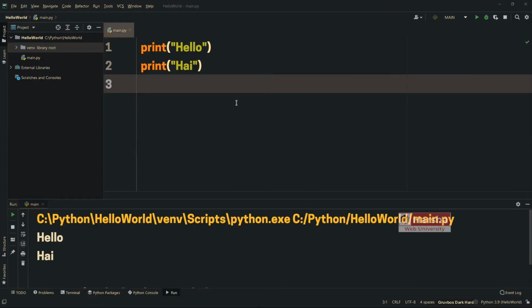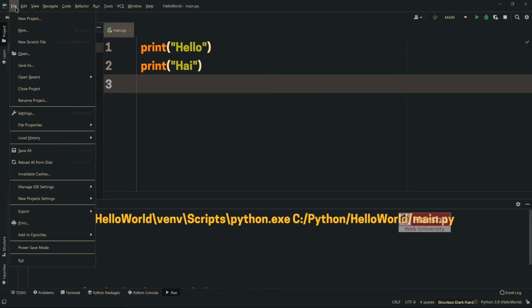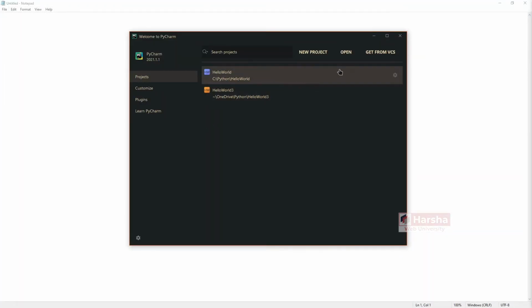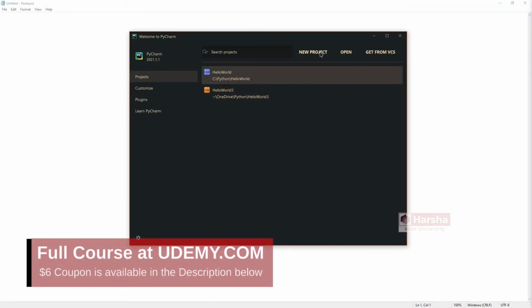So let me create a new project to demonstrate these strings. The one we created in the previous lecture is just for demo. Let me create a new project. Before creation of the new project, we have to close the existing project. So go to File menu, Close Project. Now you can create a new project here